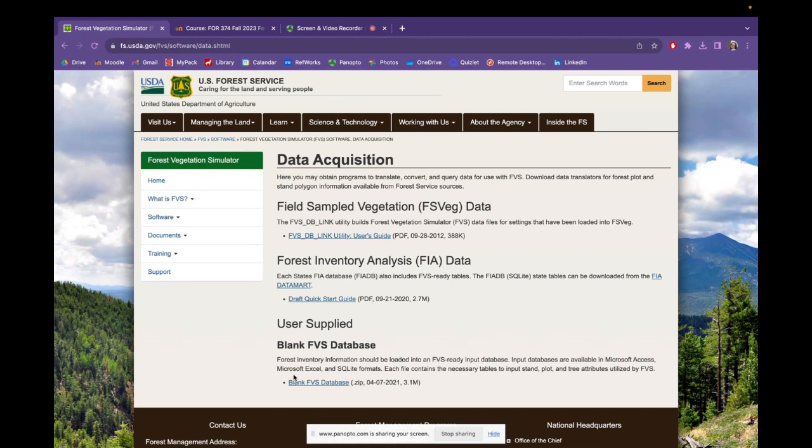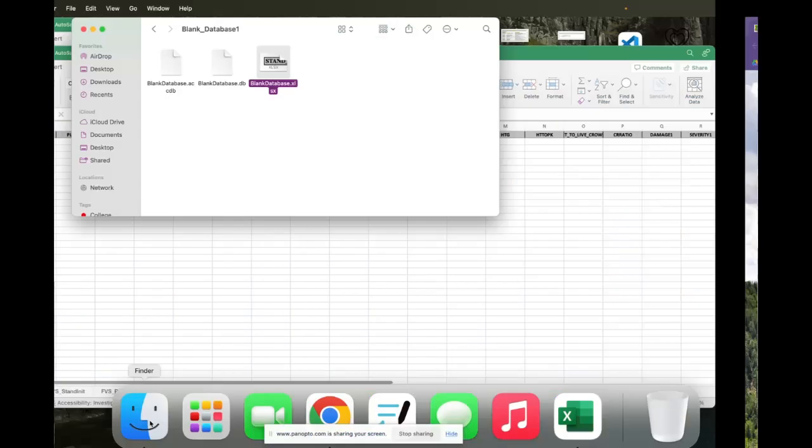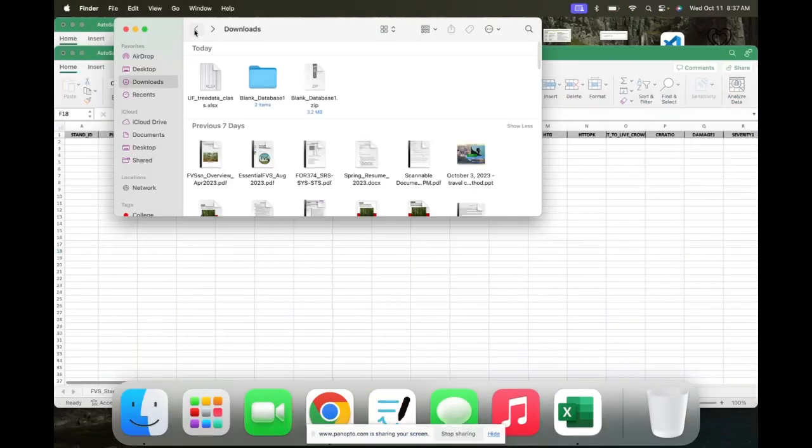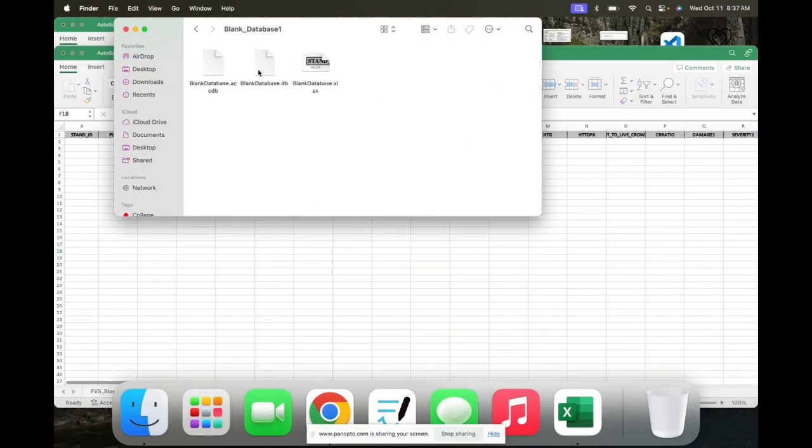You can download it from here. Blank FVS database. So this is a zip folder. You can go and download this. So once you download,